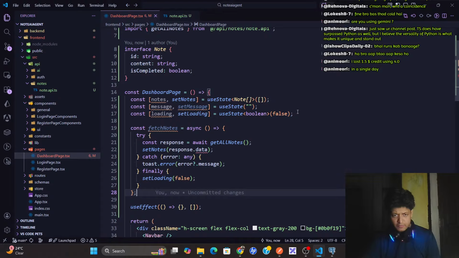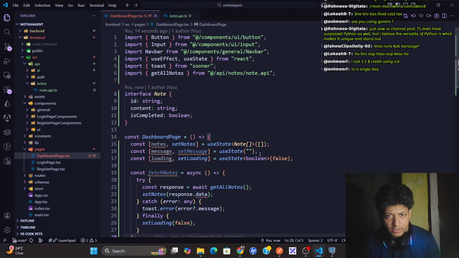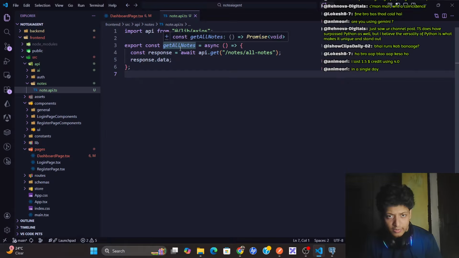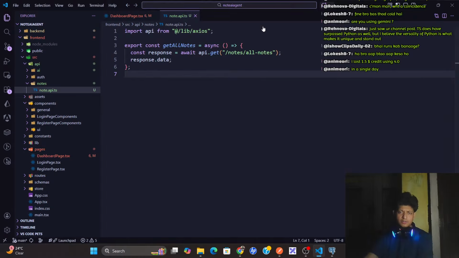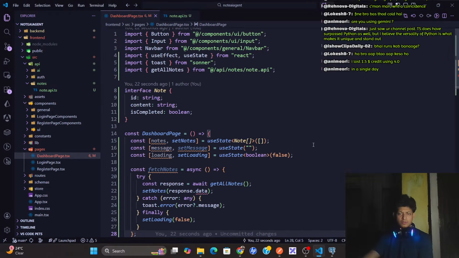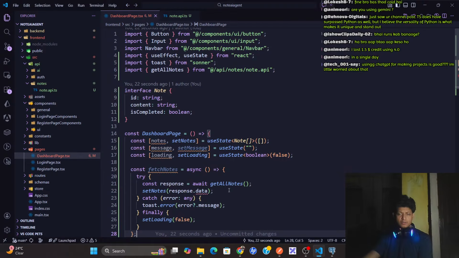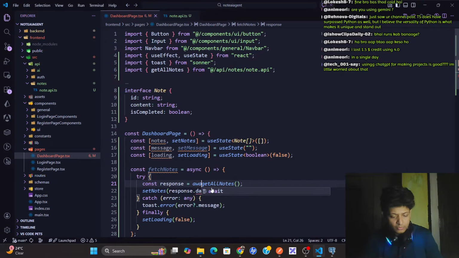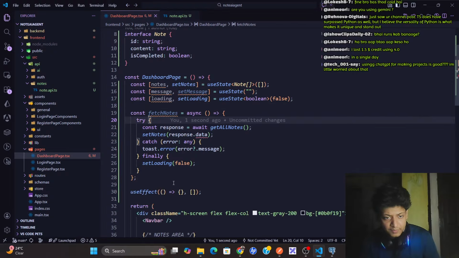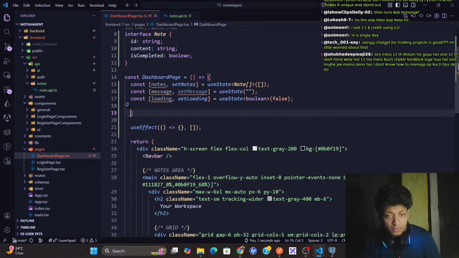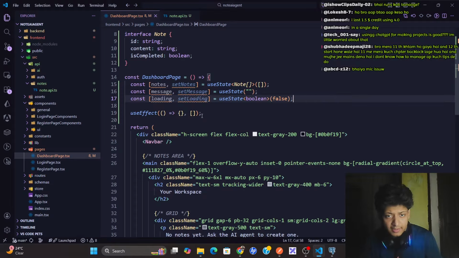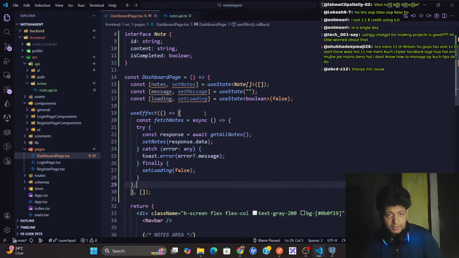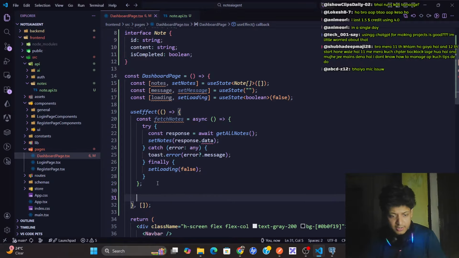Try catch, finally, hold on. Get all nodes, and get all nodes. You will also get all nodes in this spacing. Oh wait, no, I don't use this. No, I have to use it. Okay, fine. Copy it, cut it here, and I'll paste it here in useEffect. Paste it here, and let's call it nodes.